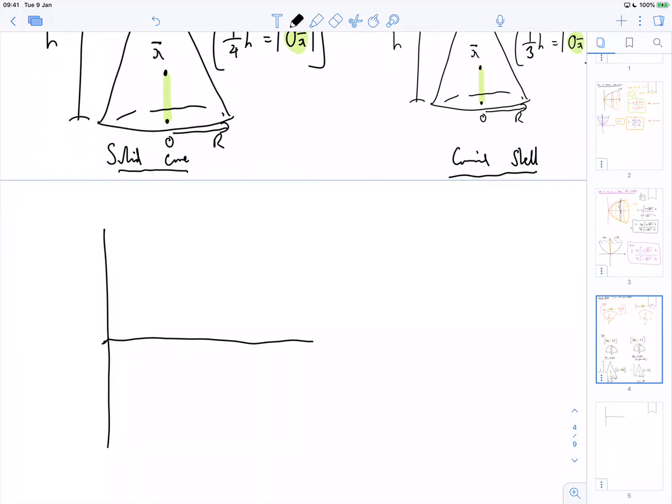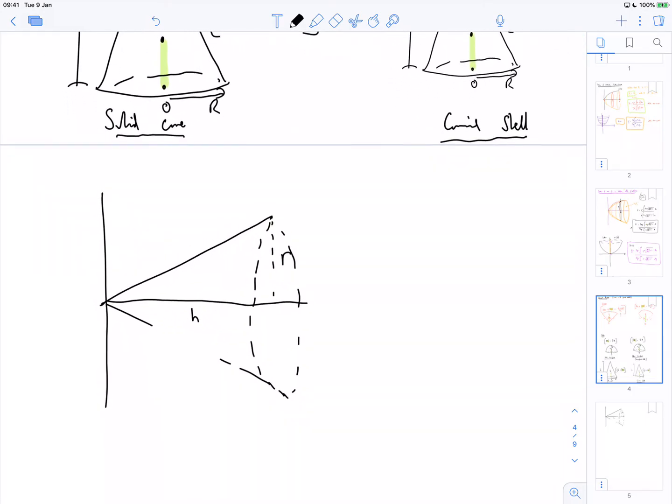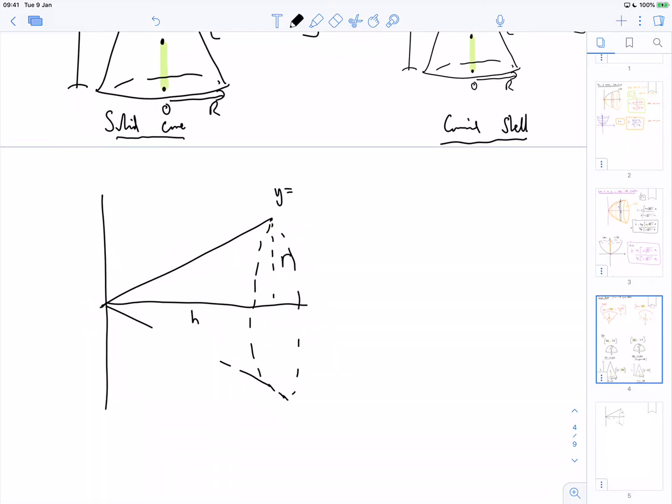is you can create a line like this, where this is the radius and this is the height, and then you can rotate it 360 degrees about the origin, and you know the equation of this line is the change in height R over the change in base, which is h, x, plus nothing. So you know y equals R over h x. So you can clearly tell that y bar equals 0, and x bar is going to be